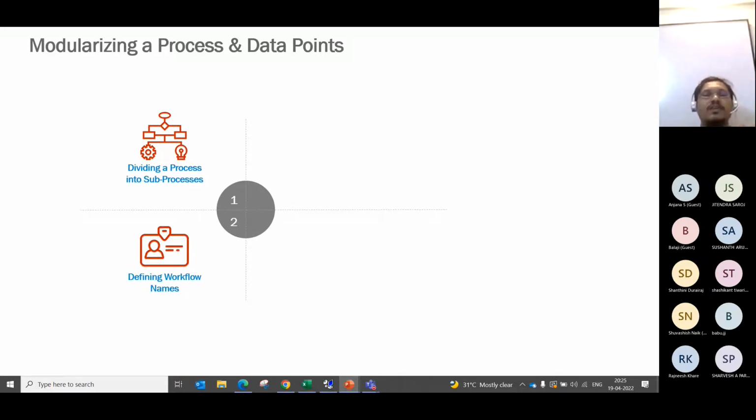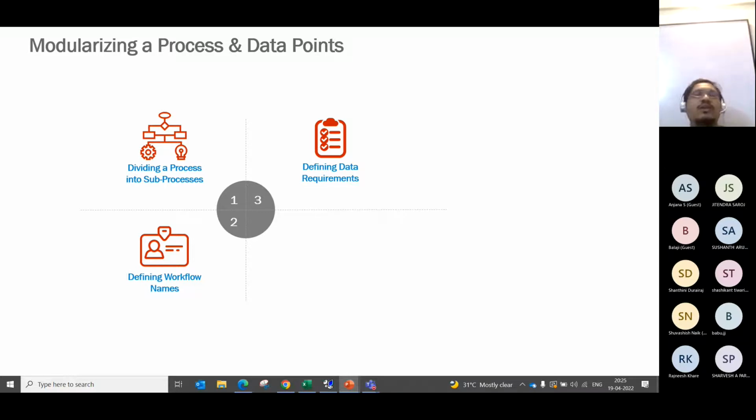Then, once we define those small processes, we will create workflows for these processes, and then we will give workflow names to them. Now, there are again strategies to give the workflow name, which we are going to see further. After defining workflow names, we will define data requirements. Data requirement as in, if we create a workflow, we have to pass on certain arguments. And if there is some data processing happening in that workflow, we will pass some data out of that